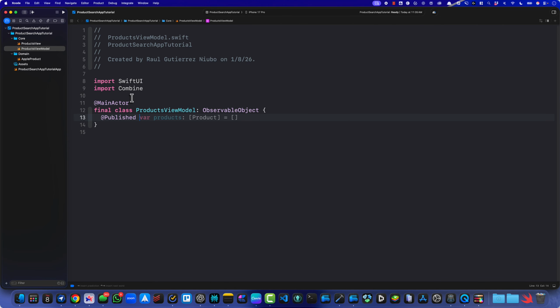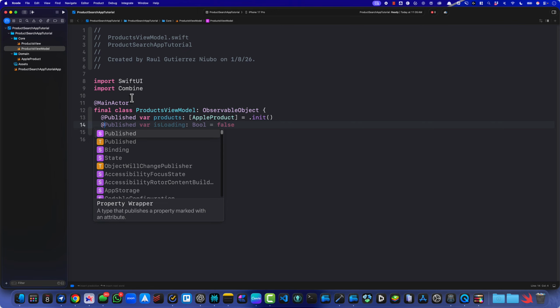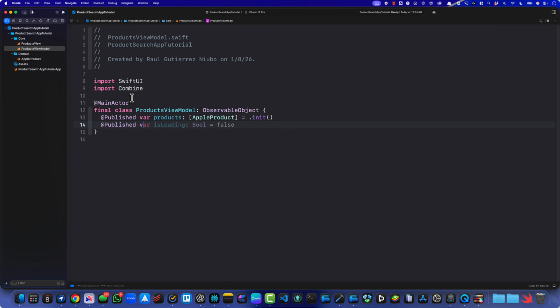And now we're gonna create a couple of variables. So we're gonna create a variable called products, right? That's gonna be of type Apple product, an array of Apple product, and just initialize it, right? It's gonna start empty. And now let's create another one. Actually, not like that. It's gonna be called searchText, right? And let's make it String and just make it empty, right? Just an empty string. Right, so now that we do that,